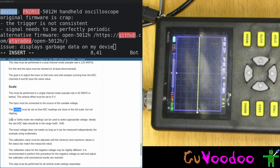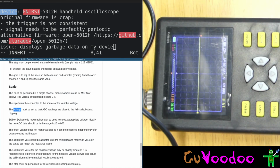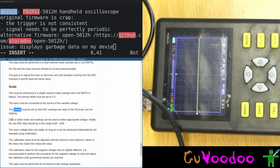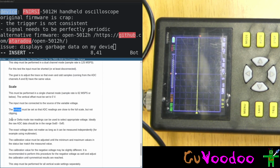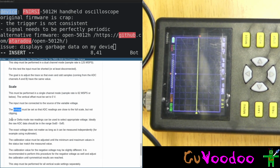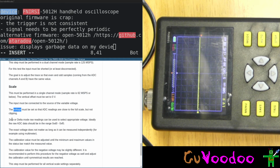So we need to go to the maximum value. So for that I will use up. I will use the voltage, my voltage supply. Let's start with 0 volts. We are in ×1 probe. That should be constant ×1. So let's connect the probe. Now we increase the voltage slowly until we reach